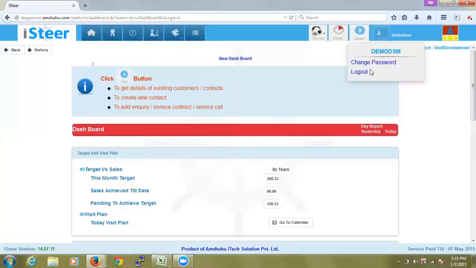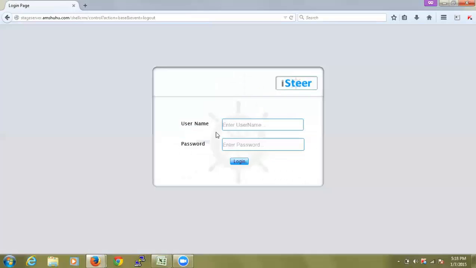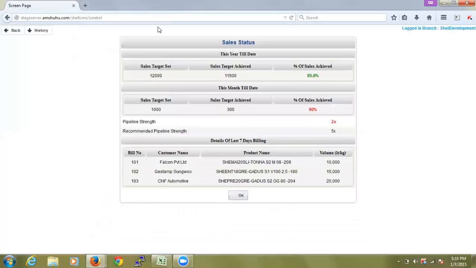One more thing. This is a pop-up window which will be available to the manager as well as the DSR.